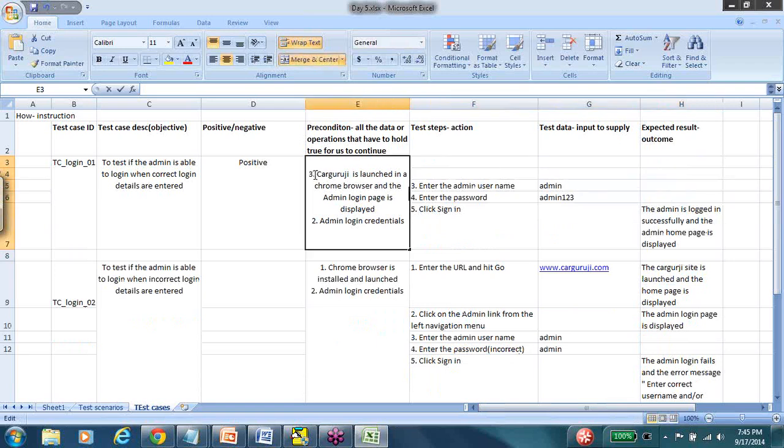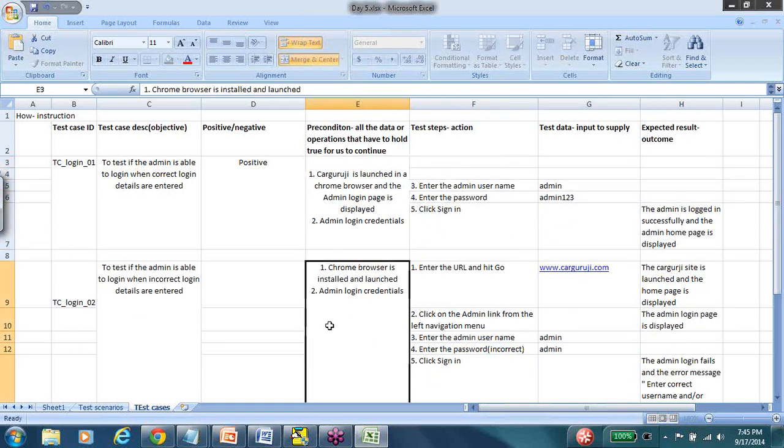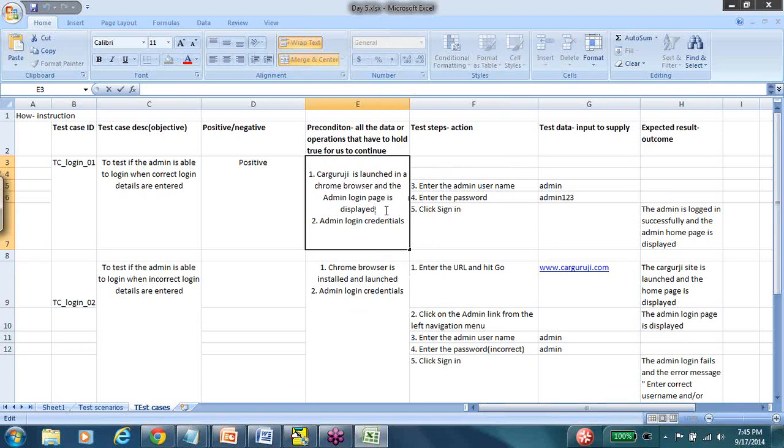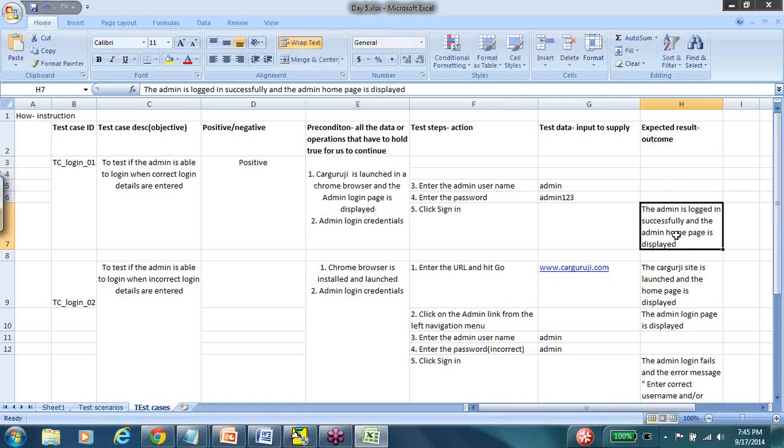So use the precondition to your advantage to make sure that you're not repeating yourself, and to set the exact state of the application where you want to begin your test case. So this is one way you can reduce the number of test steps and reduce the amount of rewriting that you have to do. And when it comes to expected result, one of the questions that I got was, do I